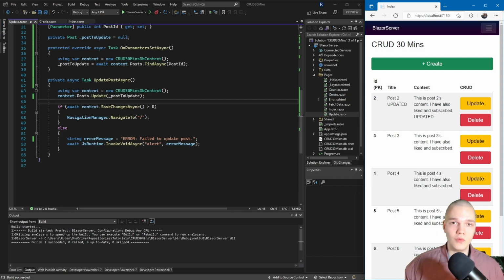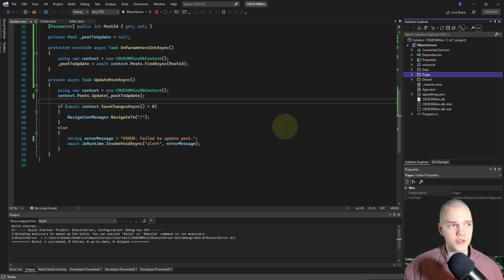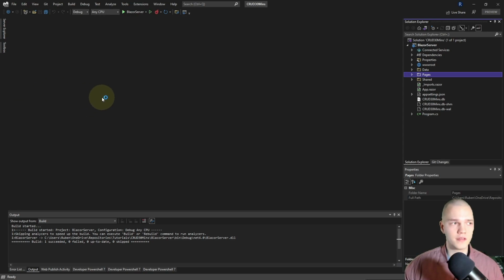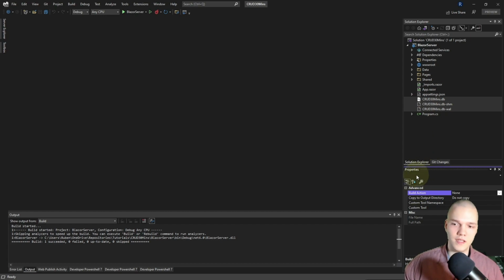Let's publish it to Azure. And we're gonna do that straight from Visual Studio. So I'll close my browser and maximize Visual Studio, and I'll first of all want to specify that the database files should be sent up to Azure. So I'll just close all the tabs, and I'm gonna select the .db file and the two little helper files, and you can right click them and hit properties if this window isn't open yet. And then I'm gonna set the copy to output directory to copy always and save all.